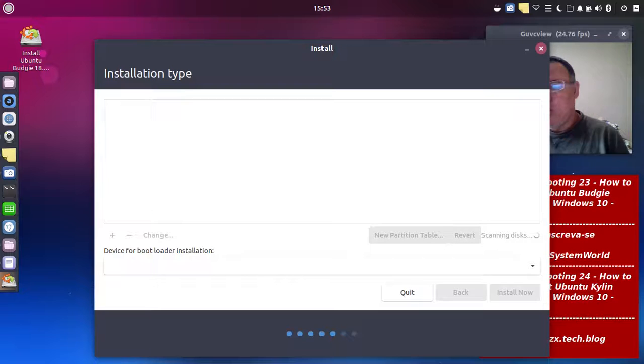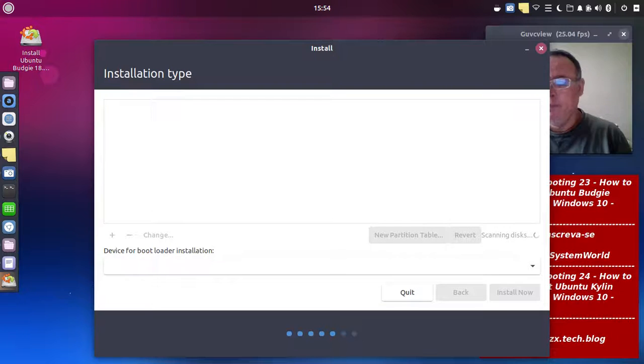I already have installed Ubuntu, Kubuntu, Ubuntu Mate, all 18.04. Also I have Ubuntu